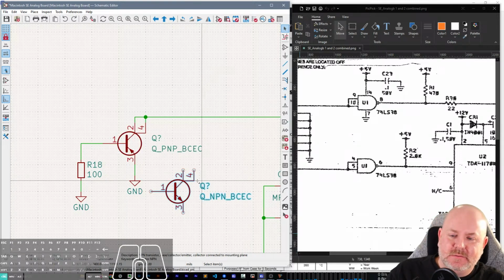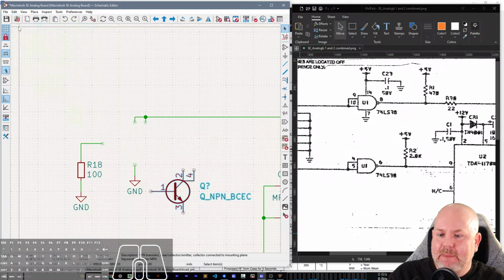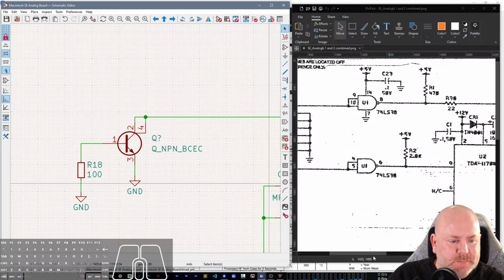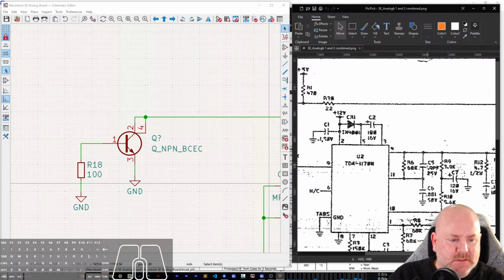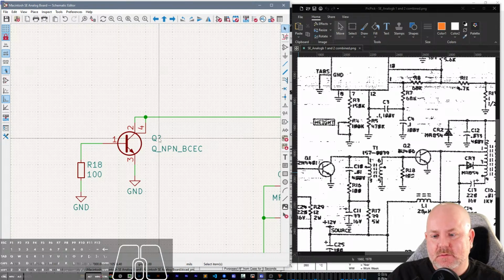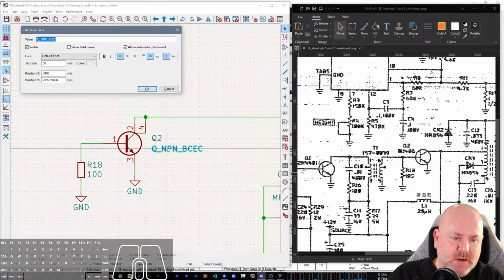You know what we should have done? Okay, never mind. I never labeled it. So where was this at? It's down here somewhere. So this is Q2, and it was a, what did we come up with? A